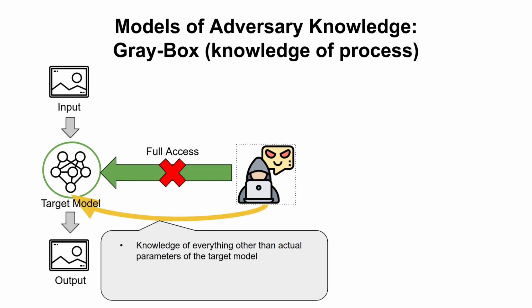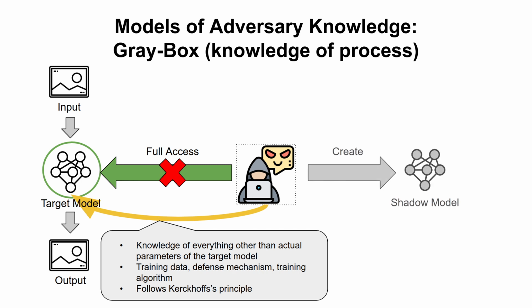However, it has knowledge of everything other than the actual parameters of the targeted model. In other words, the adversary knows the training data, defense mechanisms, and training algorithms. So it follows Kirchhoff's principle. To attack such a targeted model, the adversary can use this knowledge to generate a shadow